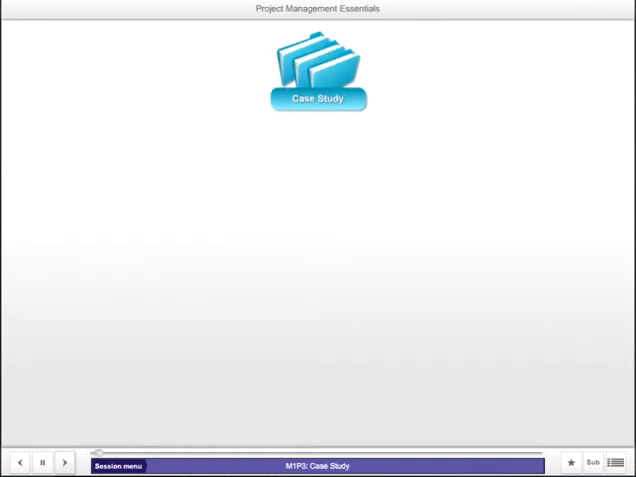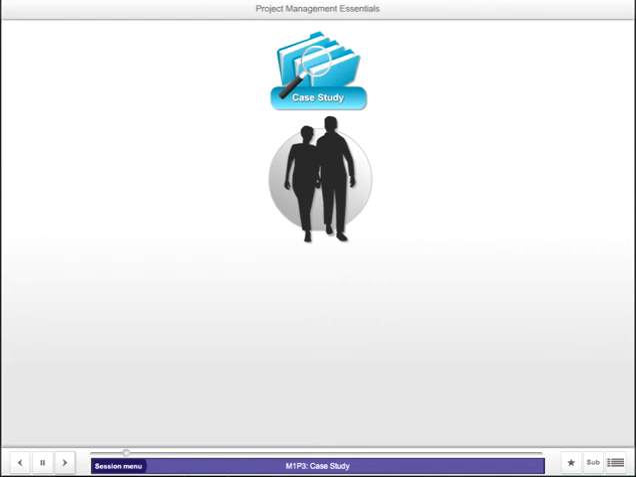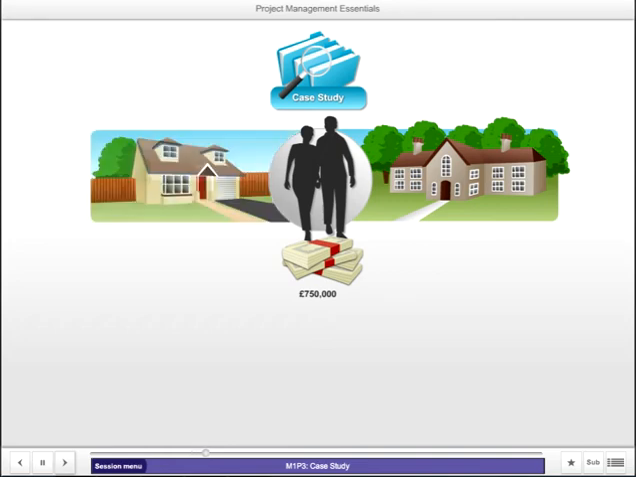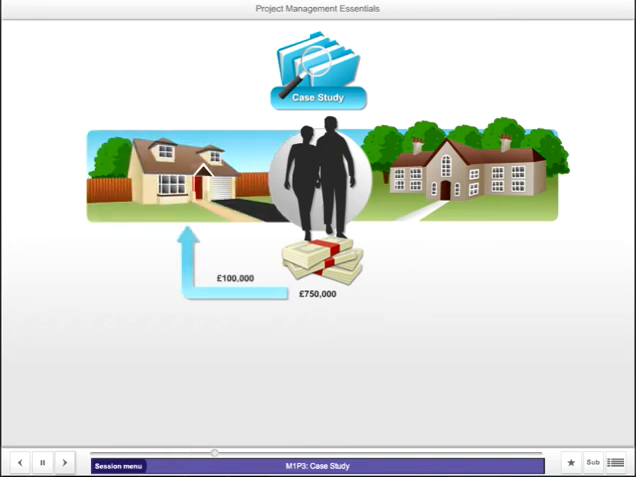The case study we'll be using is based on a building refurbishment project. Mr. and Mrs. Jones are both in their late 40s and have always wanted to run a small hotel in the heart of rural England. They have recently come into a sizable inheritance of £750,000. They believe that this is enough money for them to pay off their existing mortgage of £100,000 and bring